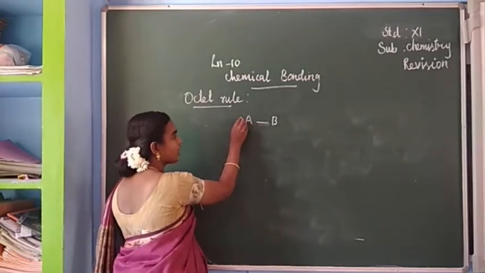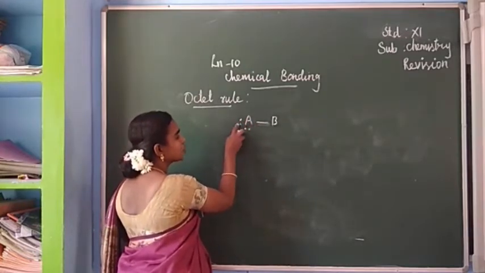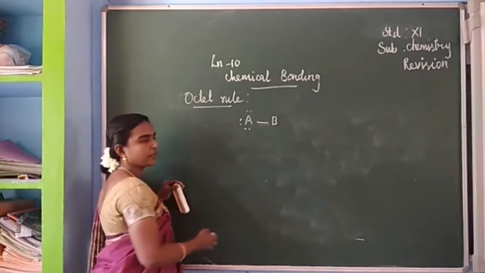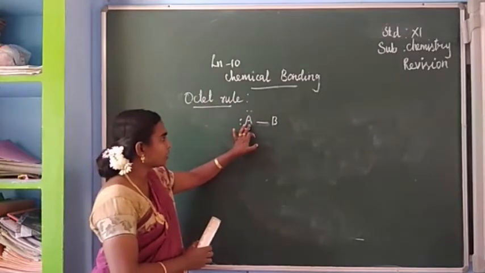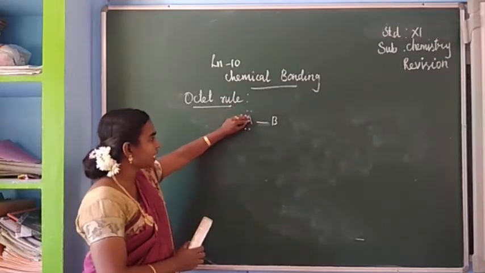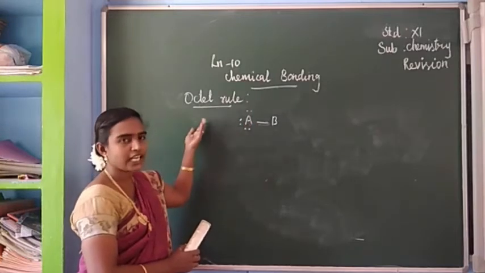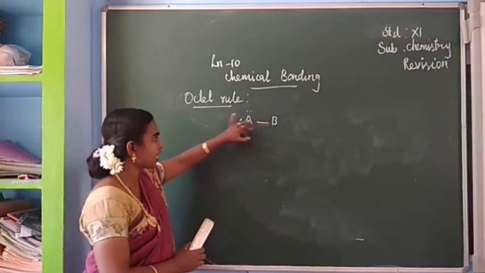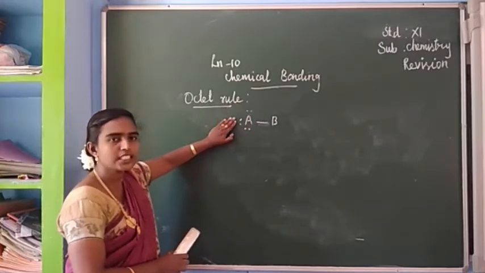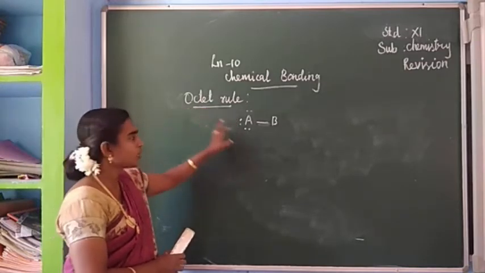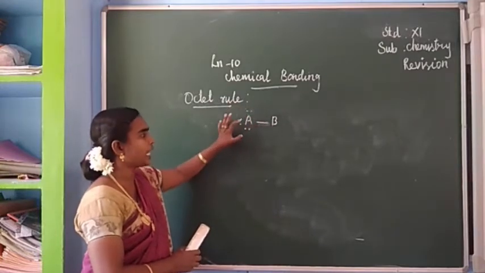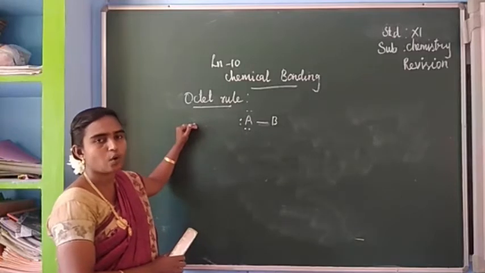That is the lone pair of electrons. When you write like this, 2, 4, this bond carries 2 electrons. So 6 and here 2, 8. So that we can say that these 2 atoms are bonded each other. Among that, if this atom contains, by sharing or transferring electrons, 8 electrons around this atom, we can say this is the octet rule. Okay. So in between the bonded atoms, if there is a covalent bond, the atom which is bonded should get at least 8 electrons. That rule is called as octet rule.